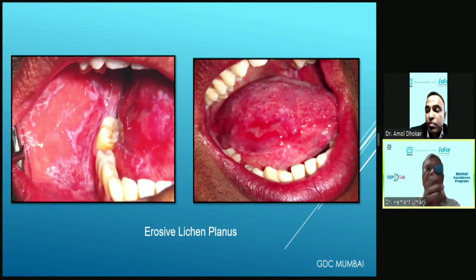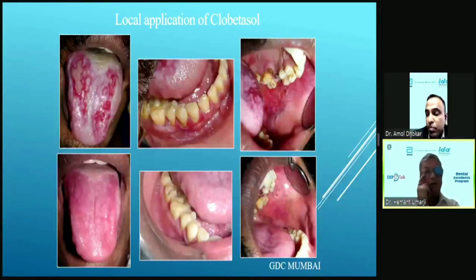This we treated in one study carried out, with clobetasol ointment. Actually, clobetasol is just like Kenacort, which is triamcinolone acetonide, Kenacort or Orabase, developed for the oral cavity. Clobetasol people also should develop for the oral cavity, then it will become simple. Otherwise, the patient buys the Tenovate tube and it says for external application only and he doesn't use it. So we specifically tell the patient, you apply it.